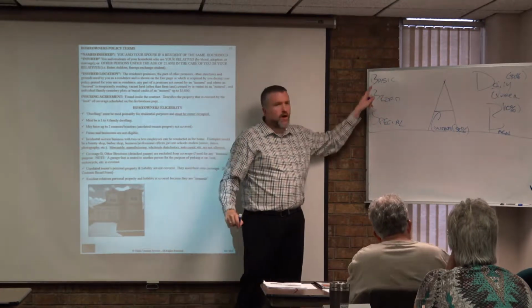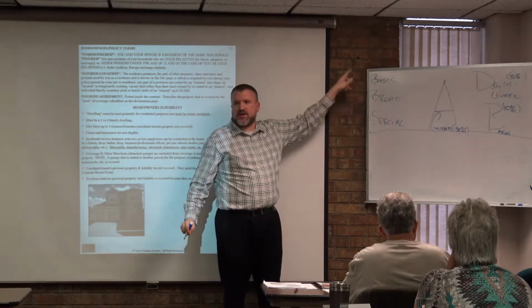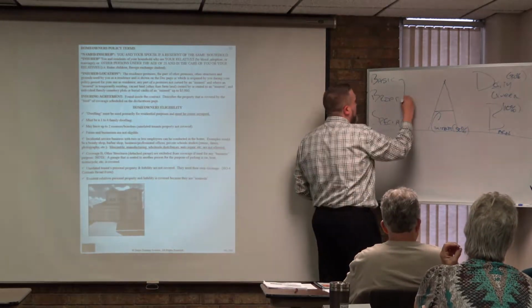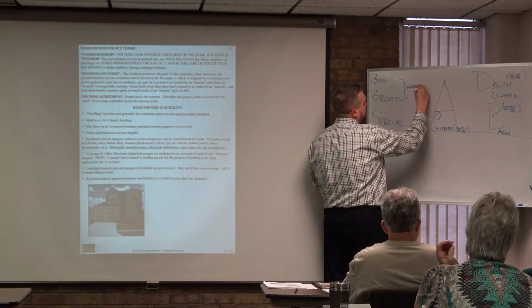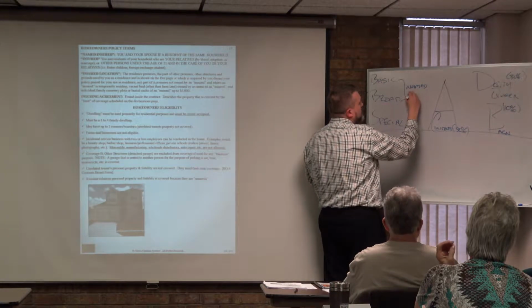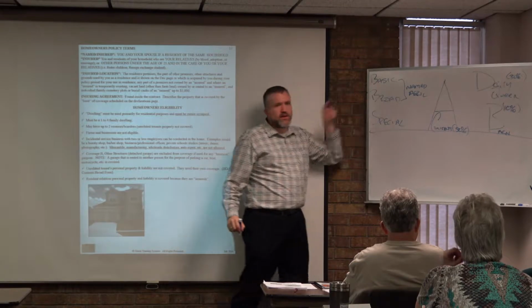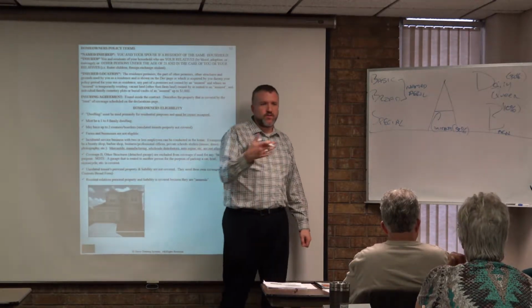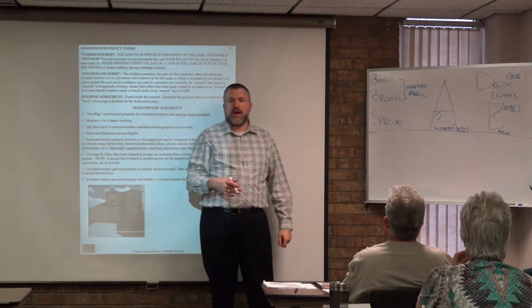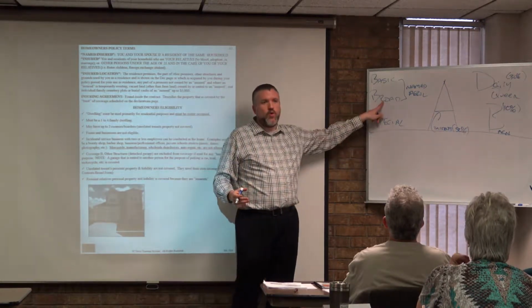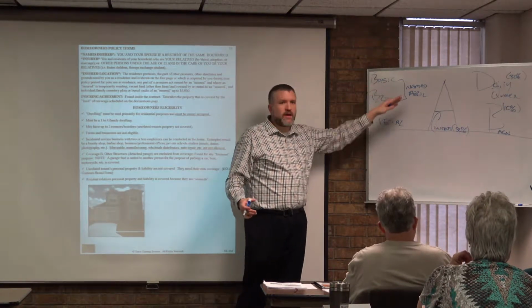The basic and the broad forms were known as named what? Peril policies, right? These were the named peril policies. The perils had to be named in order for them to be covered. Remember what basic was? It was just fire plus wharves, right? And then broad, you took everything covered underneath basic and added in a few more named perils. But in order for them to be covered, they had to be named.